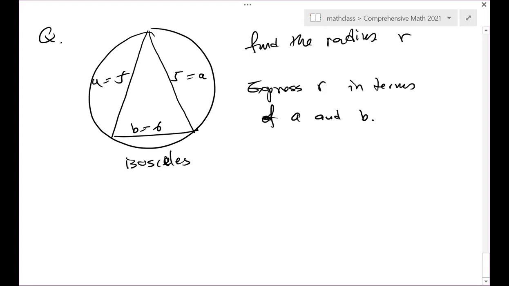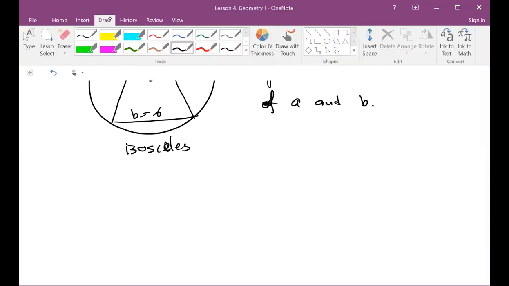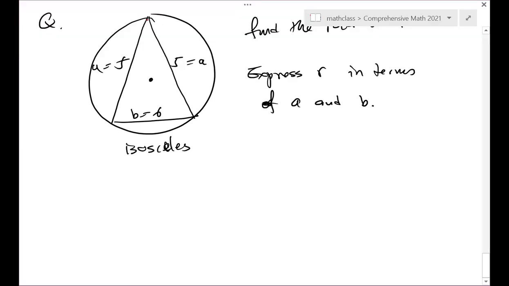How do we express R in terms of A and B? Remember, in geometry, you have to draw some additional lines. So connect important points. The center is an important point, and then you connect the vertex, maybe extend it. Then you have to connect those two points. So you will see